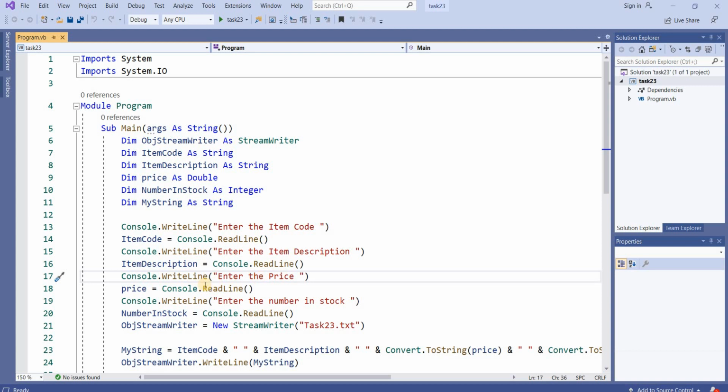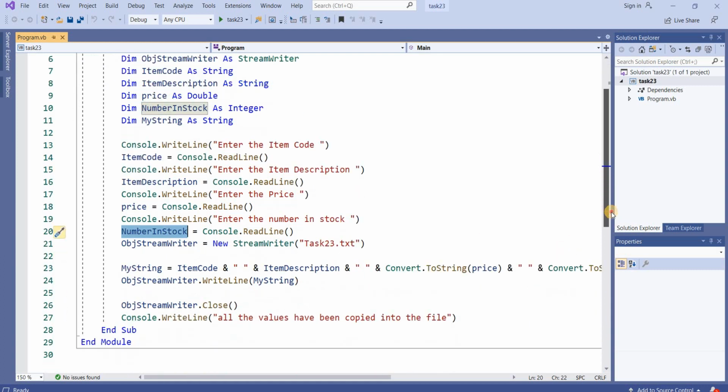Enter the price, and the value is stored into the variable price. This will display the message, enter the number in stock, and the value is stored into number in stock. Okay, I got these four values.